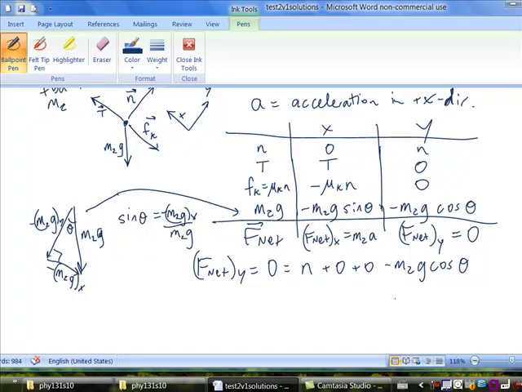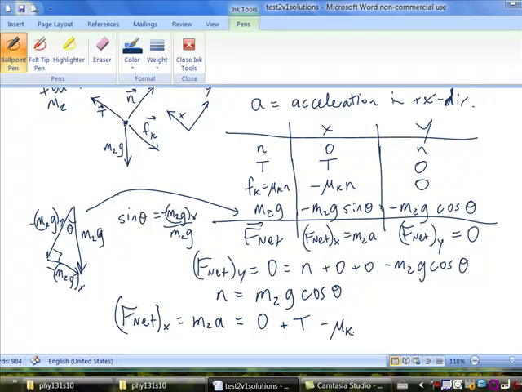Okay, which allows us to solve for the normal force, n equals m2 times g times cosine of theta. So now we'll look at F net, tricky one here, in the x direction, which is equal to m2 times a, that acceleration. Now we sum all these things up, it's equal to 0, plus tension minus mu sub k